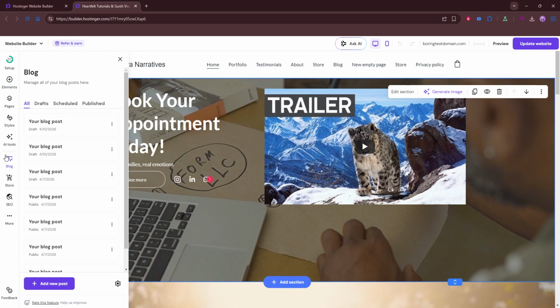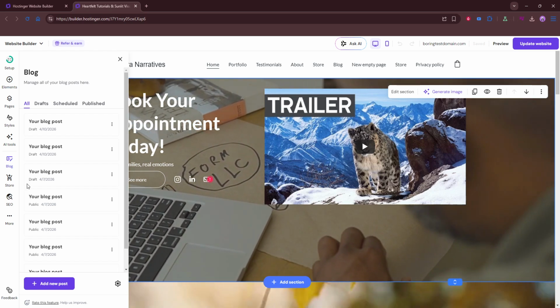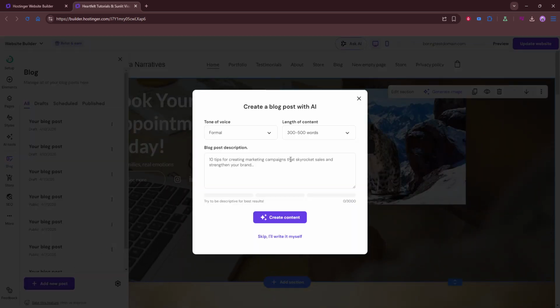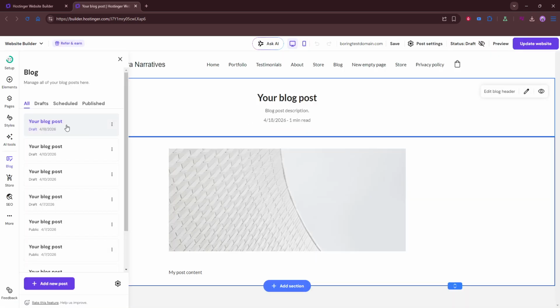Now you're ready to start a new blog post. Click New Post or Add Post to open the post editor. You'll see fields for the title and the body and options for images and formatting. Think briefly about your goal for this post, what you want readers to learn, and keep that in mind as